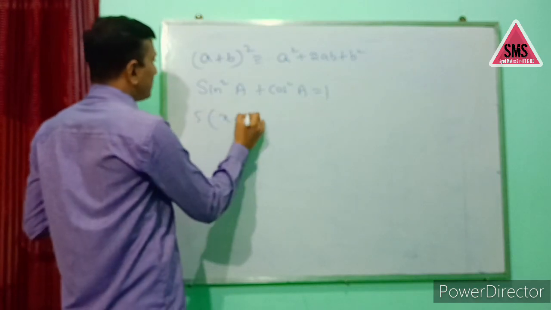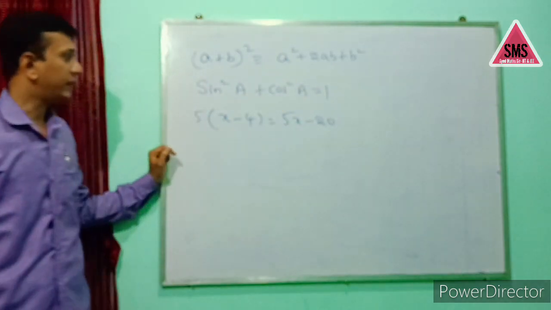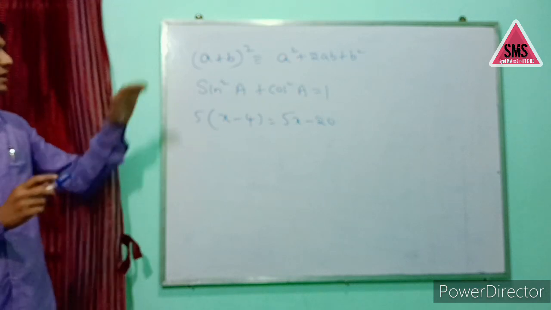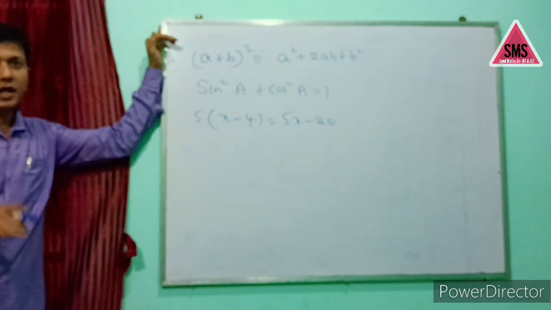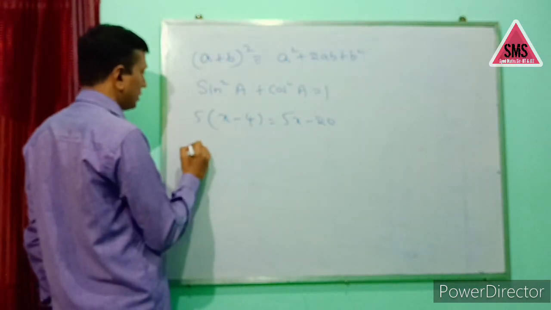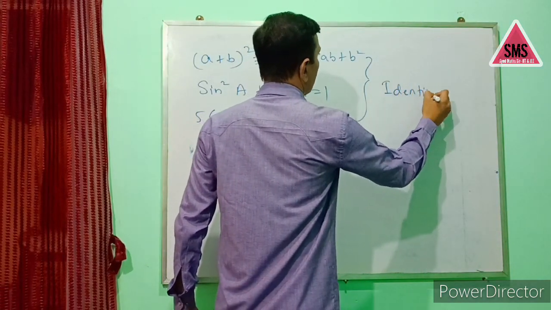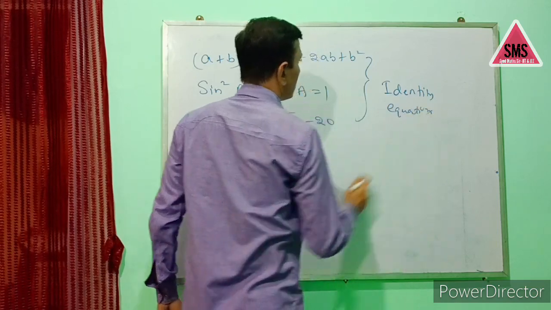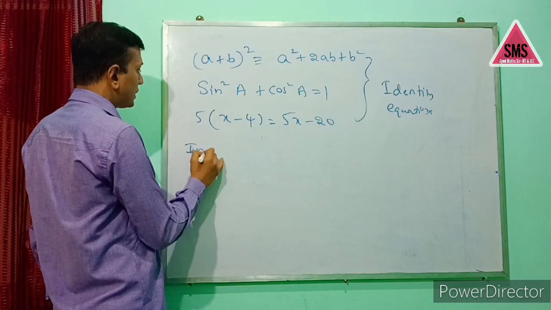Similarly, 5 into (x minus 4) is going to be 5x minus 20. For any value of x, it is going to be true. So this is the concept of identity of an equation, or identity equation. We also have identity inequations. So these are called identity equations and inequations,